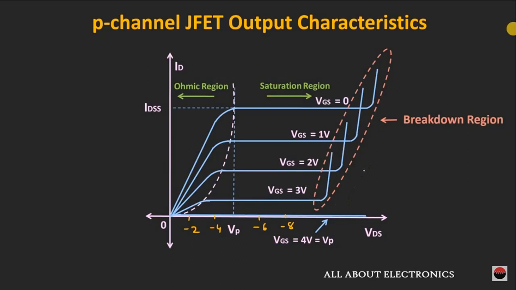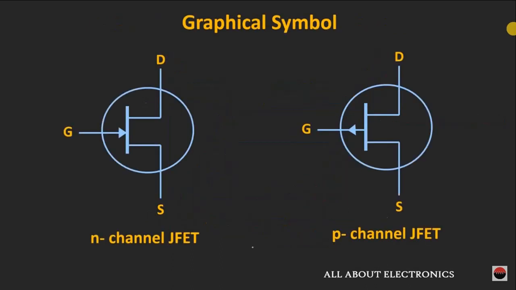Alright, so now let's see the electronic symbol of this N-channel as well as the P-channel JFET. So these are the symbols of the N-channel and the P-channel JFET. And if you see these symbols, it has 3 terminals: the gate, drain and the source terminal. And in fact, these two symbols almost look identical. But the only difference between the two symbols is the direction of the arrow. So in case of an N-channel JFET, the arrow is going inwards, while in case of a P-channel JFET, the